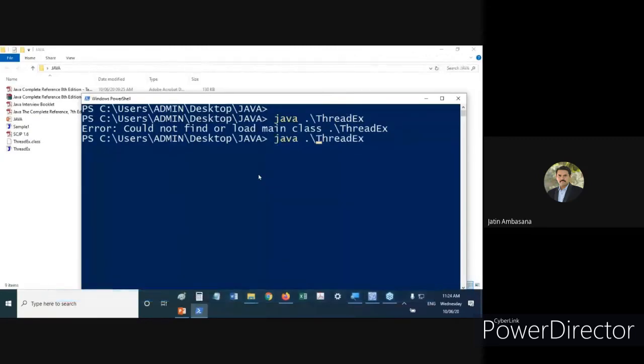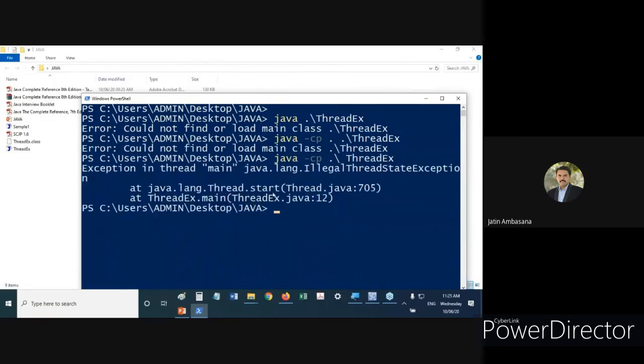Check this out. This is an example. Here I'm saying Java, and I'm trying to load it.